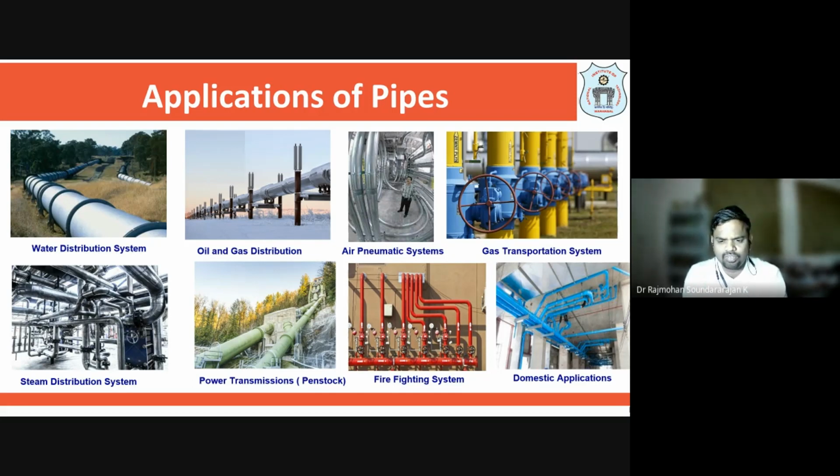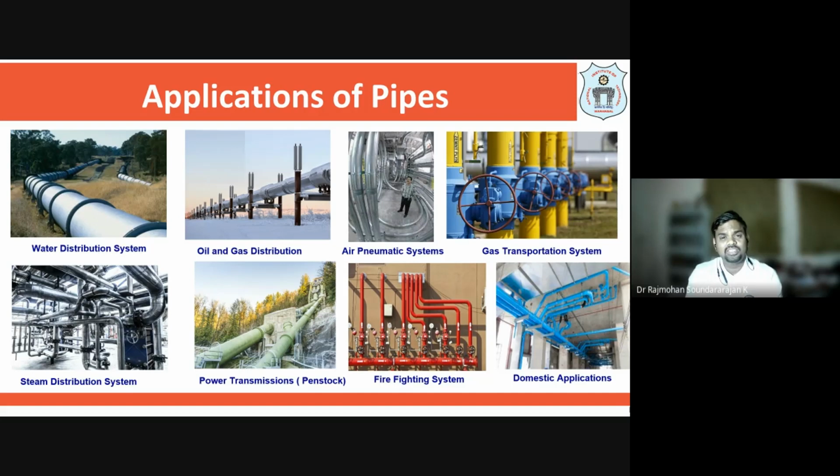So for firefighting systems also, we make use of pipes. And finally, for domestic use, for applications in apartments or houses, you have a sump, from where we lift the water with a pump to an overhead tank, and it needs to be distributed to the bathroom, kitchen, everywhere. So we make use of pipes of small diameter, and because it is internally used, we can even make use of plastic pipes there, right? PVC pipes or other polymer pipes.